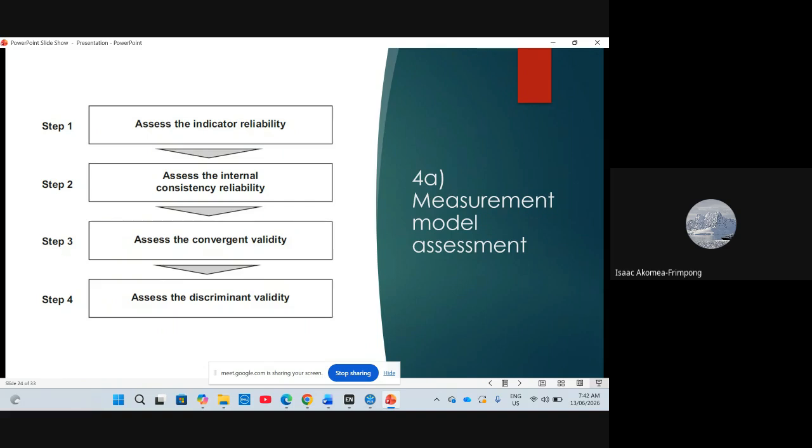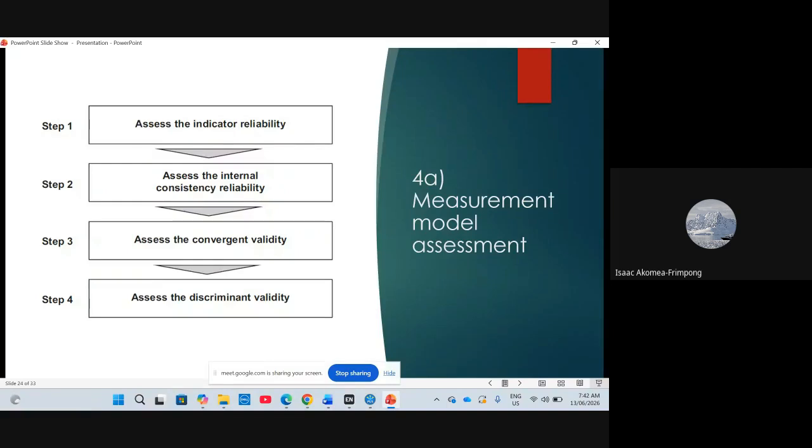It's not there. So it is great you do exploratory factor analysis to start the whole thing, and then go ahead with the PLS-SEM. I know some scholars argue against that, but in recent times, most of the studies and papers I've read recommend that you do